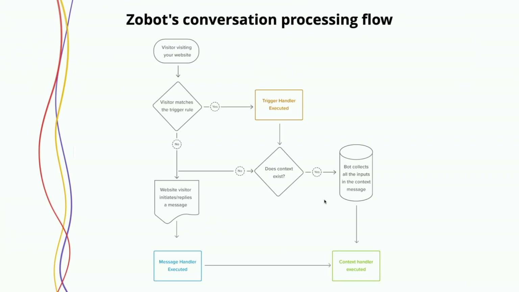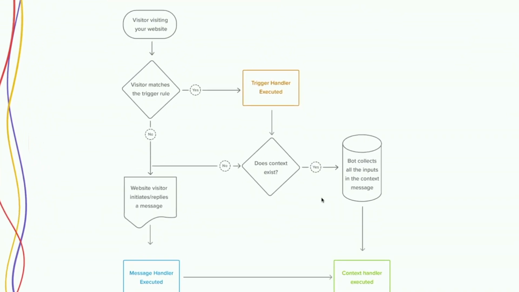So typically what people do, or an easy way to see it, is lay out exactly what's happening here. How we have someone visiting the website like we saw on Edge Dynamics. I went ahead and I was on the website for 6 seconds, so it wanted to ask me what I needed. So then we have the trigger handler. So the trigger handler recognized, oh, something is there. I went ahead and said I needed help with my order. So then all that stuff gets put in the context handler here in the cylinder on the right,